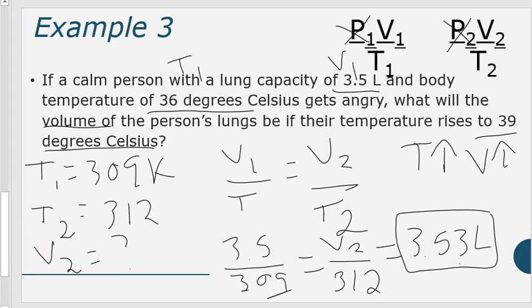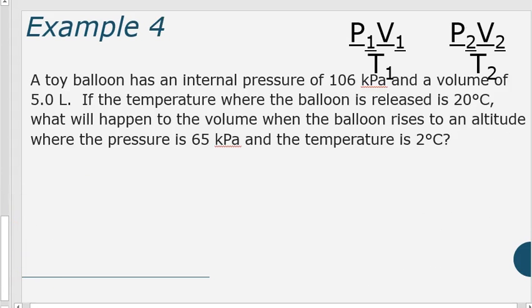Okay. All right, let's work a few more, guys. Hang in there. You're doing a good job. Number 4 says a toy balloon. So go ahead and turn that page. We're on the last page of the green packet. A toy balloon has an internal pressure of 106 kilopascal